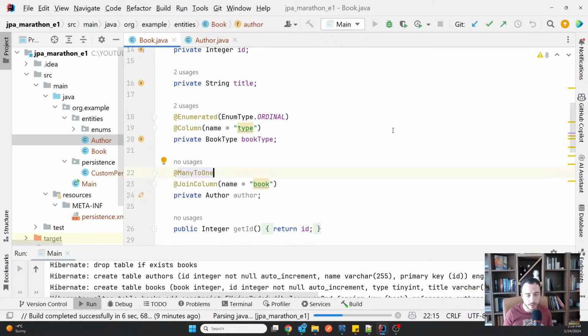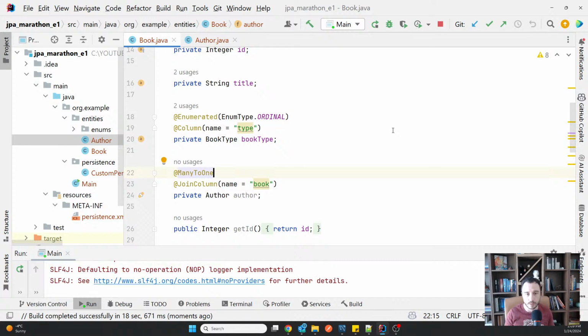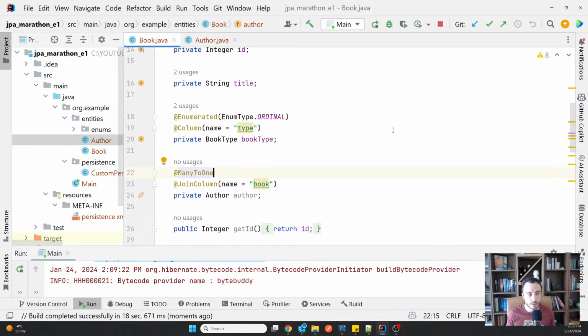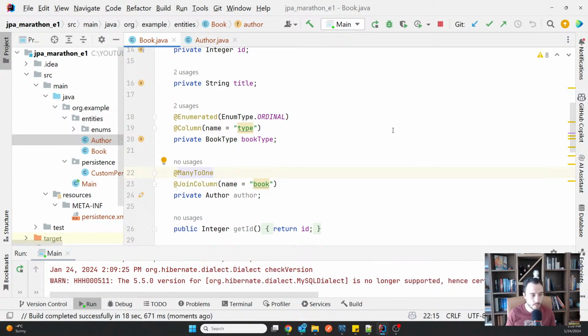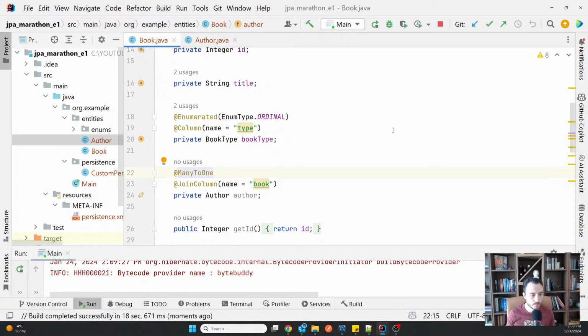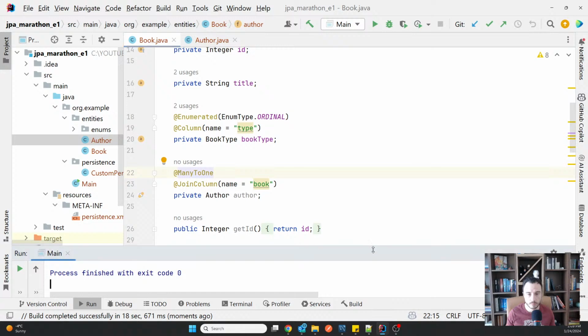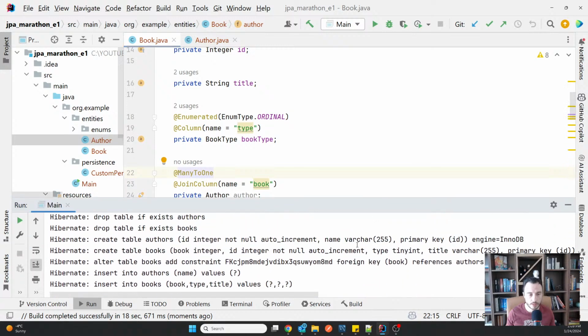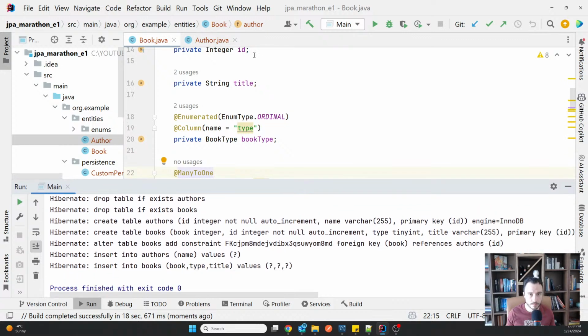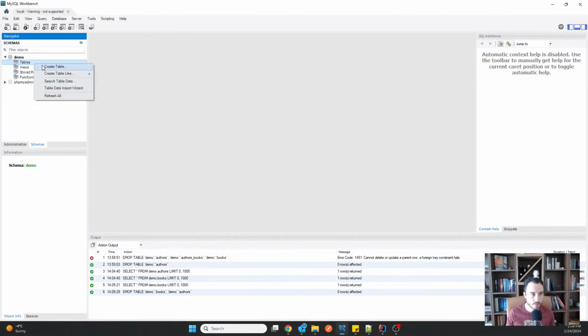This helps us with queries, because now you will be able to refer to the relationship from either of the two entities. Okay, here it is. And we can see it.